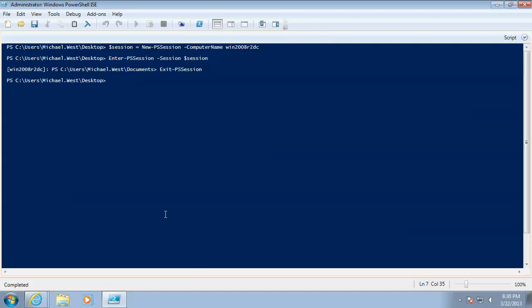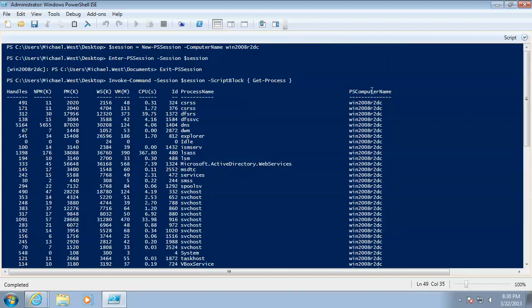And now the one-to-many is probably the most popular one, because it allows you to manage many servers at one time. So we've created the new session, and I'm going to call Invoke Command and provide it the session. And then it has a script block parameter which allows you to execute that command, Get-Process, on whatever servers or client machines are defined in the session here. So when I run it,